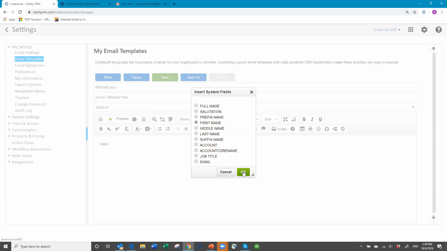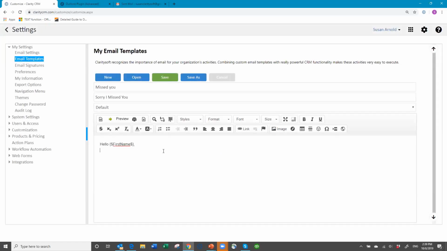But if I pull first name in, then it's going to put the field name in, and I would just press enter, and then I say, I just left you a phone message or tried to reach you or something, and then here, you do not put in your signature. You simply type the text because your signature will pull in automatically. So you type all the text that you want, you save it,